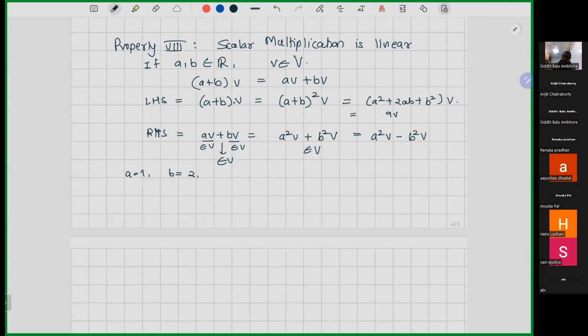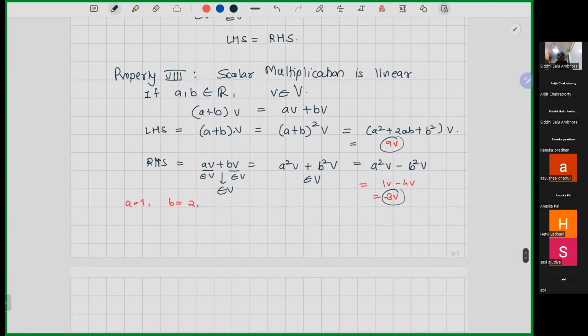If we take just these examples, in here it will be 4V minus 1V minus 4V, which will be 3V. Okay. So these two are not equal. Here I am getting 9V and here I am getting, in fact, minus 3V. So this scalar multiplication is not linear under the addition which we have defined on the set of vectors V,